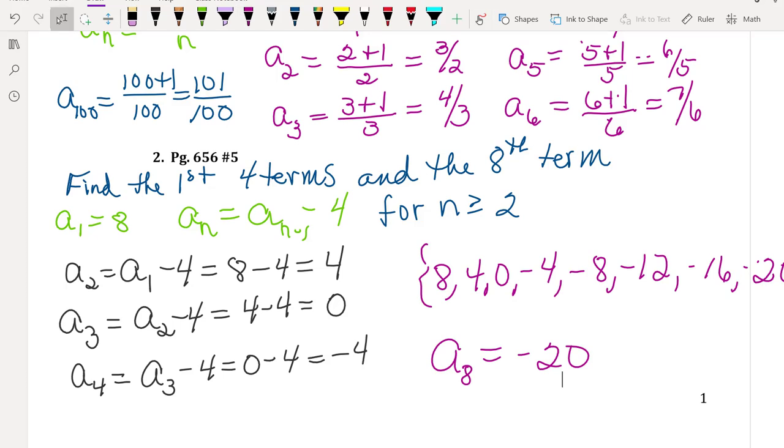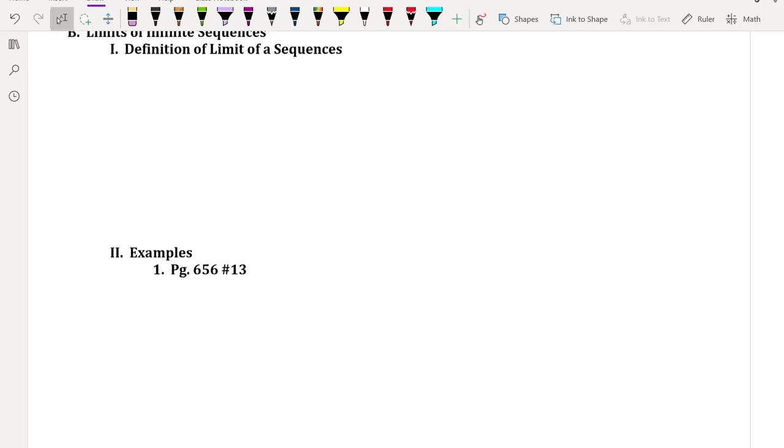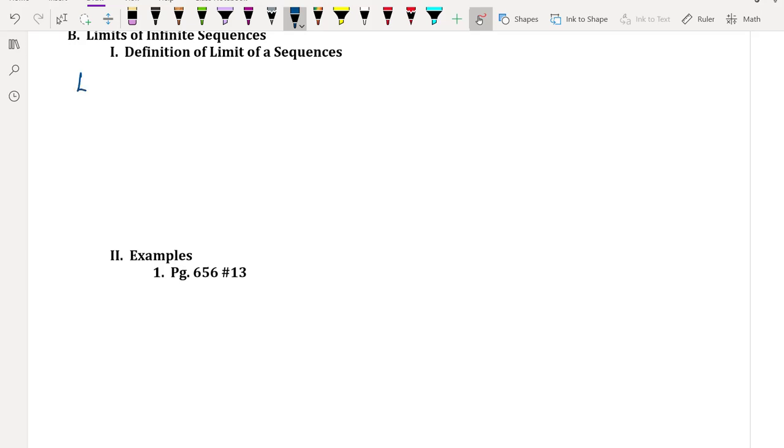All right, so the next thing we're going to talk about is limits. Limits of infinite sequences. So we're going to first define what the limit of an infinite sequence is. So we're going to let a sub n in a set like that be a sequence of real numbers